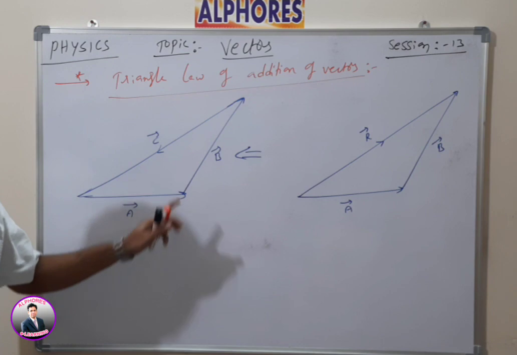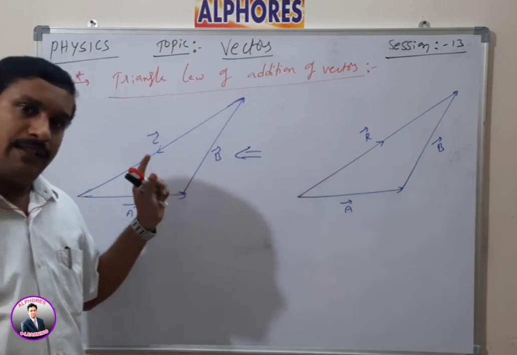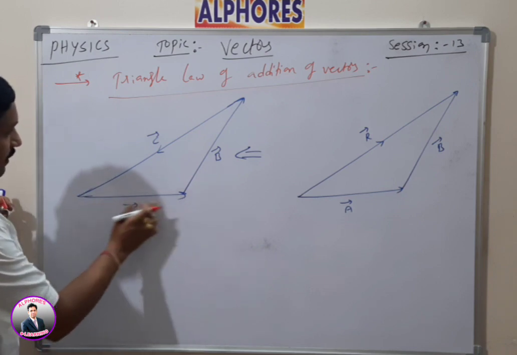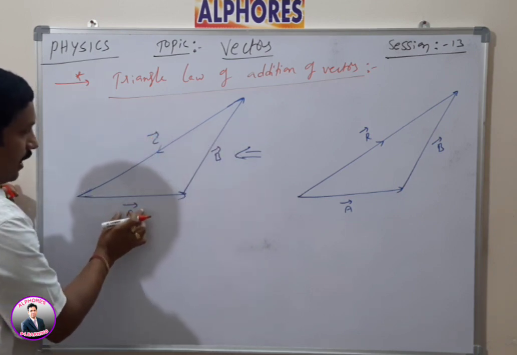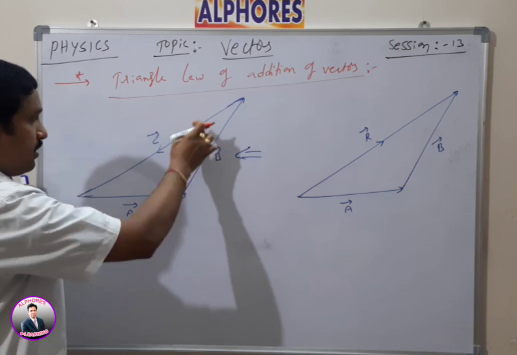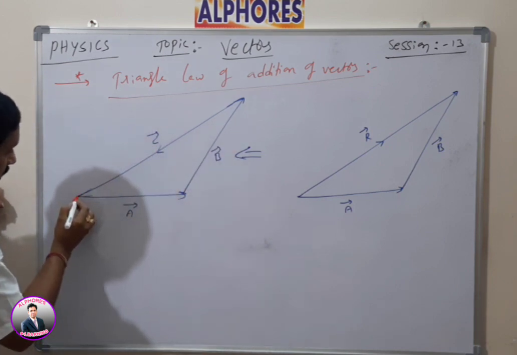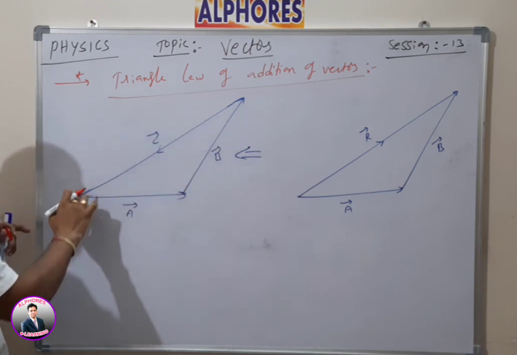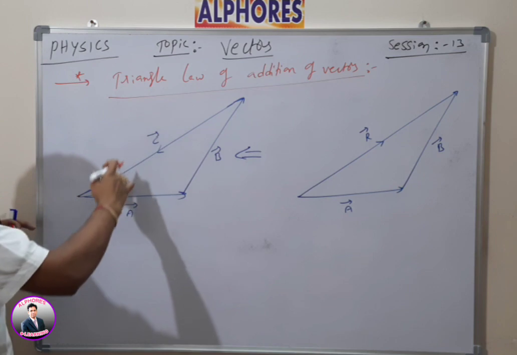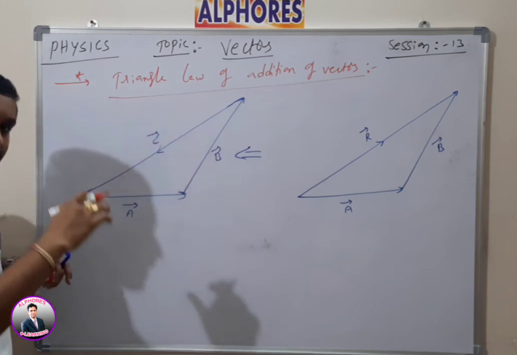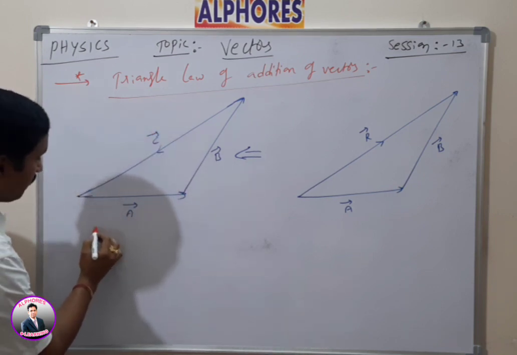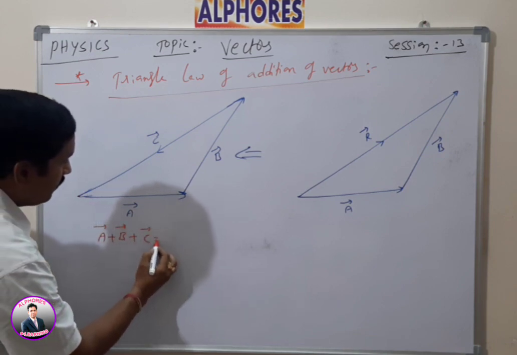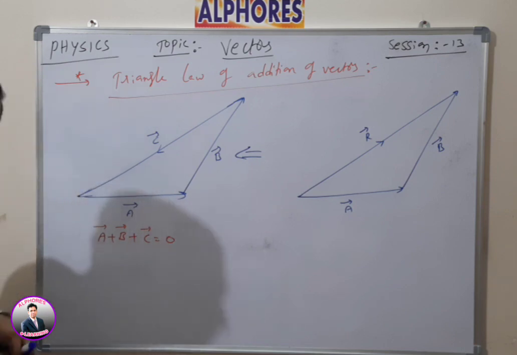By comparing these two figures, now listen carefully. Initially, these three vectors A bar, B bar, C bar are taken in the same order. What happens? The particle, or the vector, which starts from the tail of A bar comes back to this point only. That means the displacement traveled by this particle is 0, as per the condition of equilibrium. So what is the condition? The sum of these vectors is equal to 0.